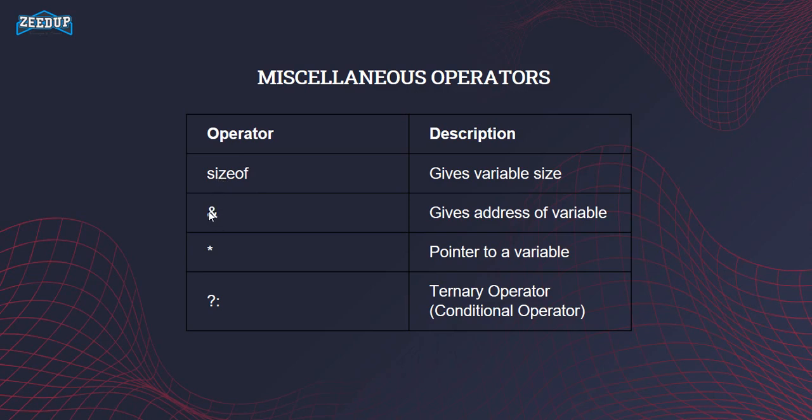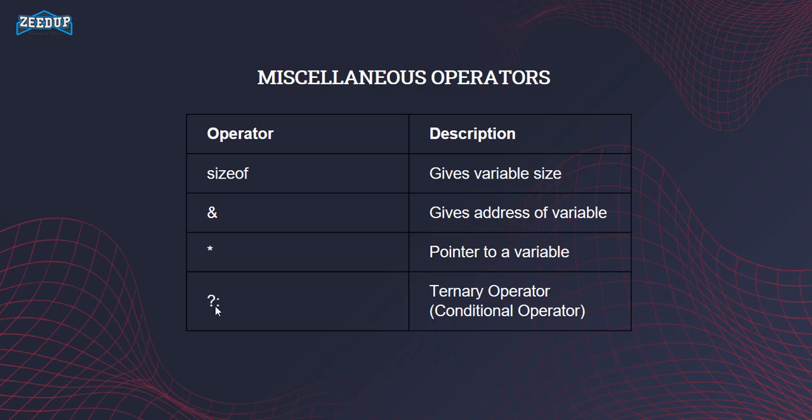Then we have the single ampersand operator, which we have used in the scanf function. If you remember, it gives the address of the variable. The reason why I used it in the scanf function is to make sure that whatever value the user is entering, it must go directly into the address that is pointed out by our variable and not anywhere else. Then we have the asterisk sign, which is also used for multiplication, but it is also used as a pointer to a variable. So if it is used between two operands, then it is used to multiply, but if it is used with a single operand, it is going to act as a pointer.